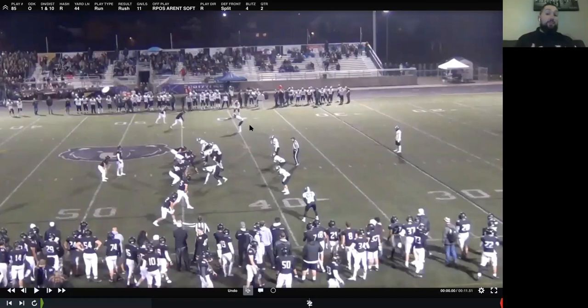The thing that I'm going to answer that with are condensed sets, like tight twins and bunch. And if I have the personnel, I'm going to answer it with 12 personnel and force them to now show me where this extra fitter is going to come from, because I've condensed myself and I'm going to be able to create some more gaps and threaten them. Something else that's also going to help us is create leverage to the flat quickly. So if we do get an extra fitter, now we can just spit the ball out quickly to the flat, because we brought them in by alignment and we can beat them to leverage into space, if that makes sense.